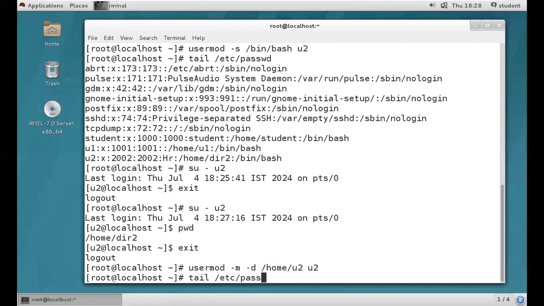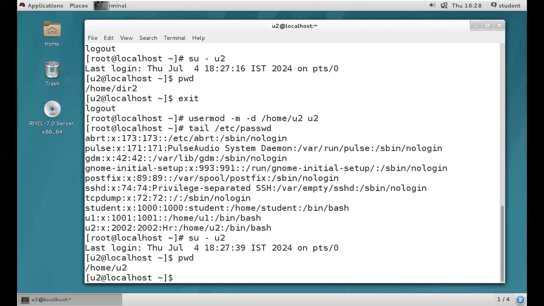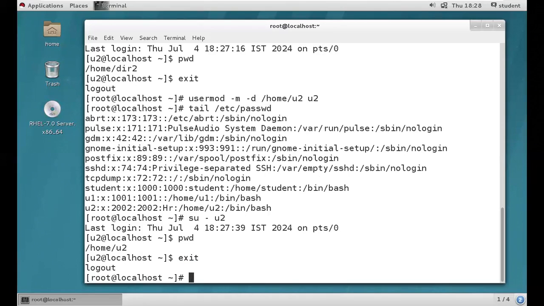So I hope you know how to change the properties, how to change the shell environment, how to change the home directory for a new user, how to change the home directory for an existing user, how to change the user ID, how to change the group ID. Right. So how to rename the user? We have the u2 user account, so we need to rename it as testuser. Then how to rename the user?